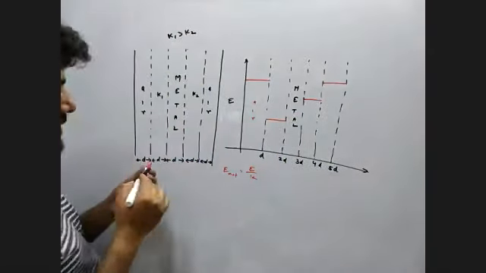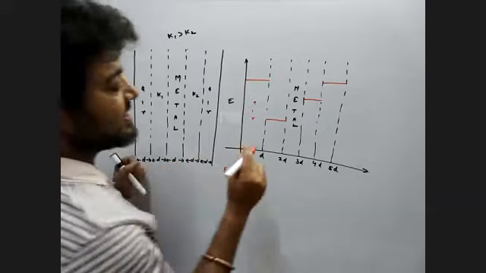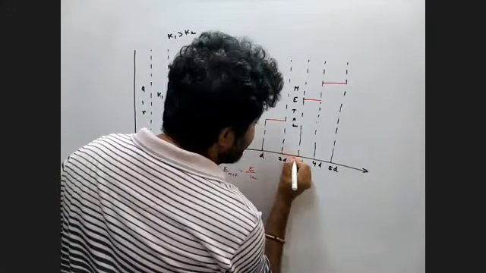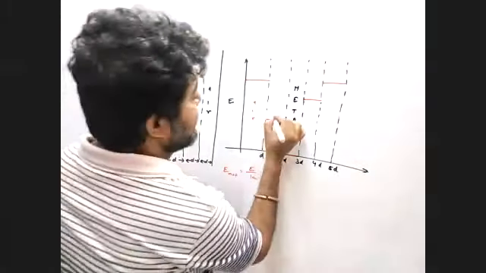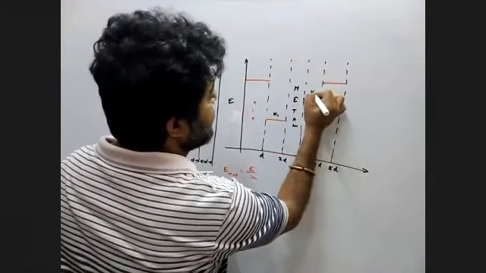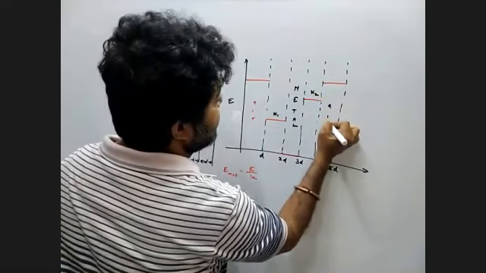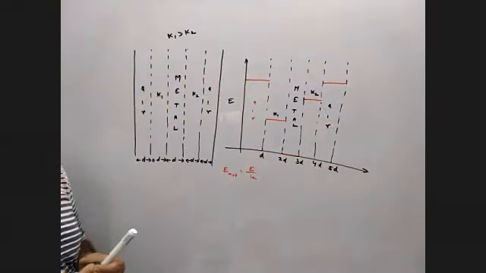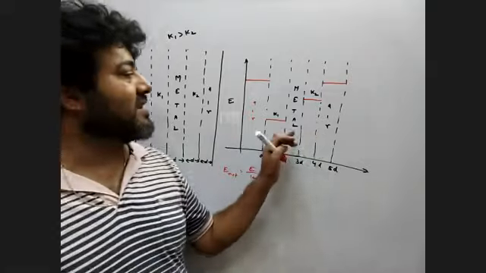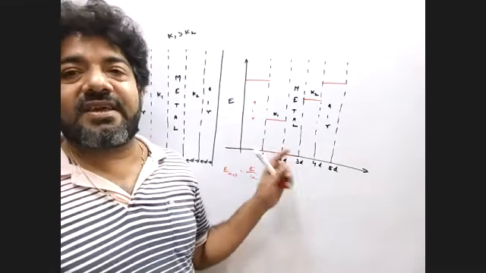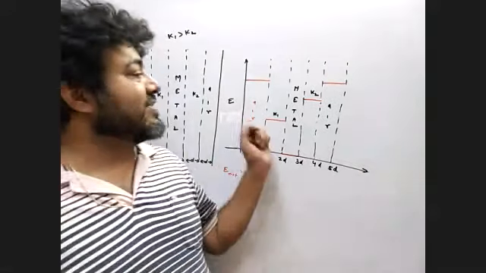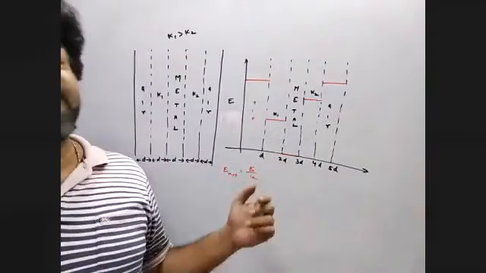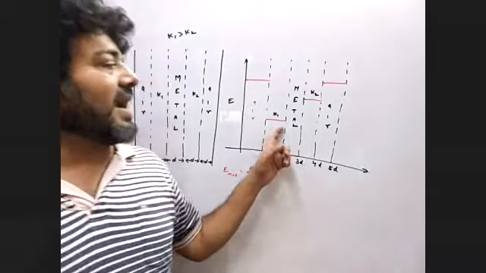This one is the metal. In metal, as K is infinity, the electric field is 0. So we can say here, this one for K1, here this one for K2, and this one for air. This type of question, with metal, K1, K2, and air, is given in entrance exams like IIT or NEET. Always remember, for air it is maximum, for metal it is 0,